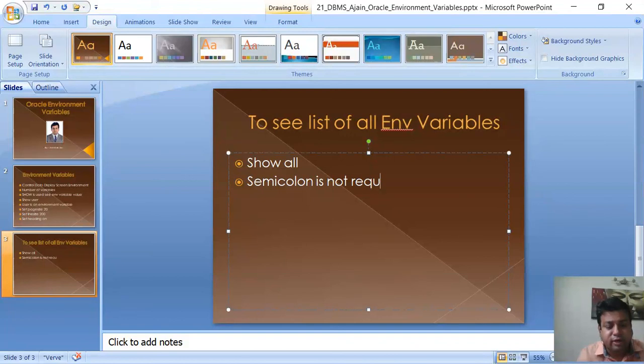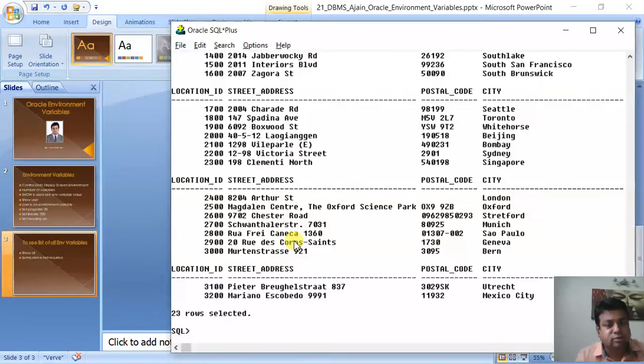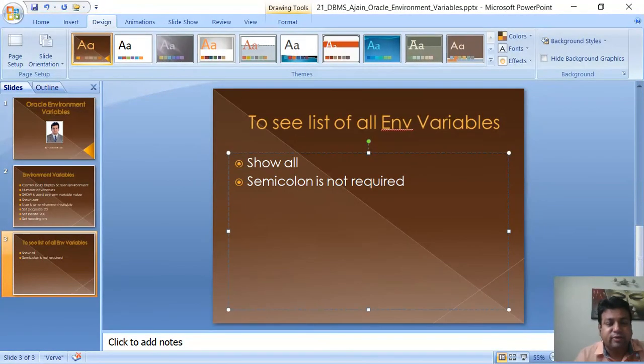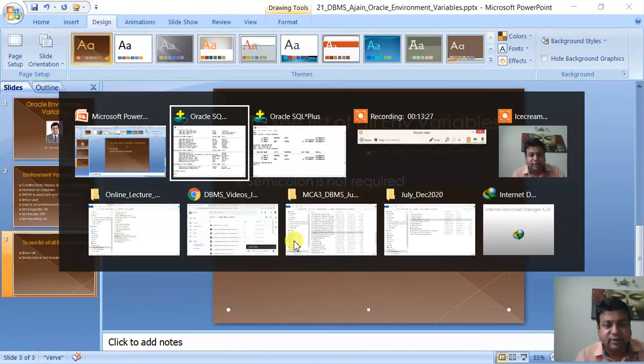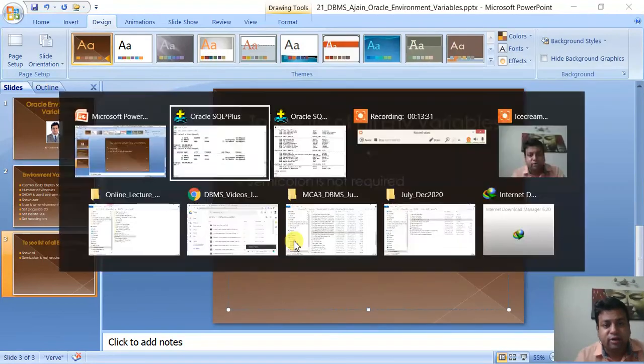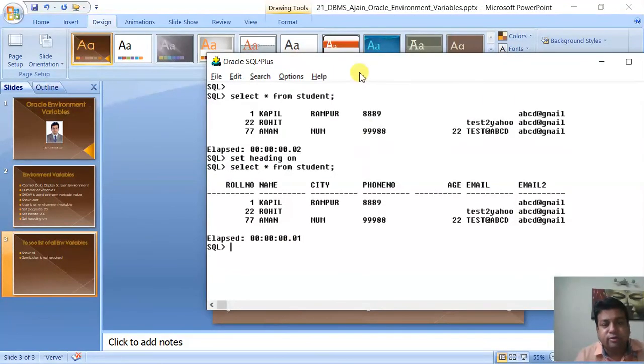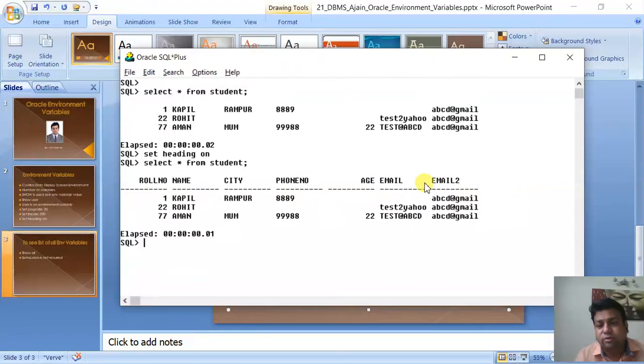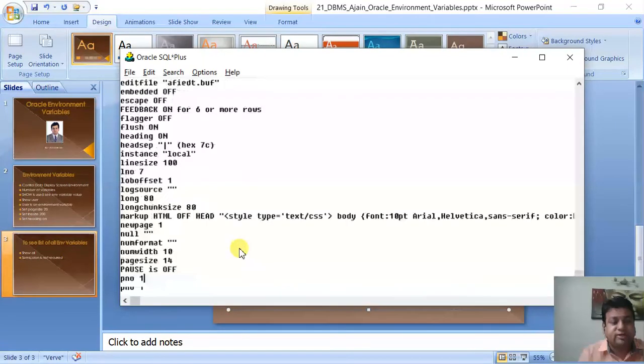Although if you give it, it will not give you error, but it is not required. Okay, I think it is very clear to you. Now you can practice and try it in your own system to correct the headings or to correct the display of a table. Let me see any other important variable that is left out.